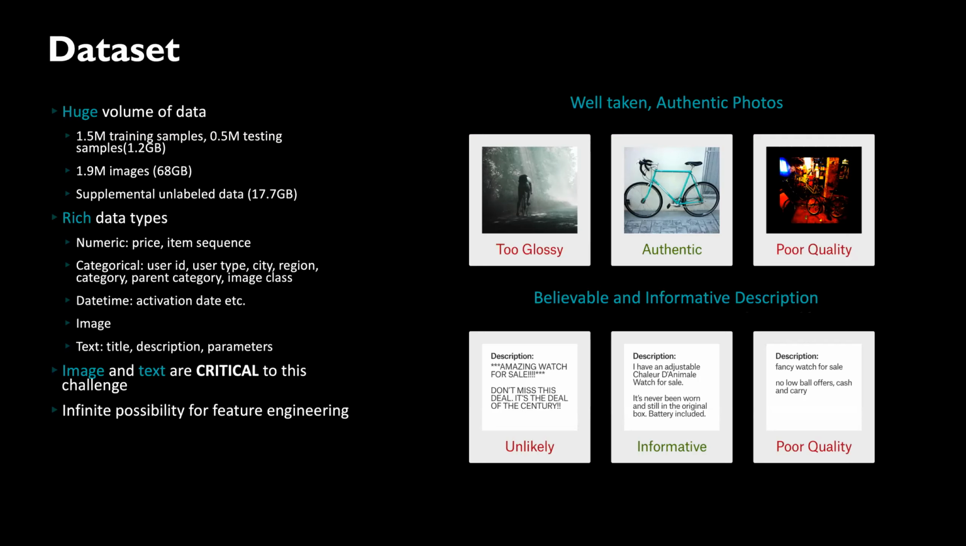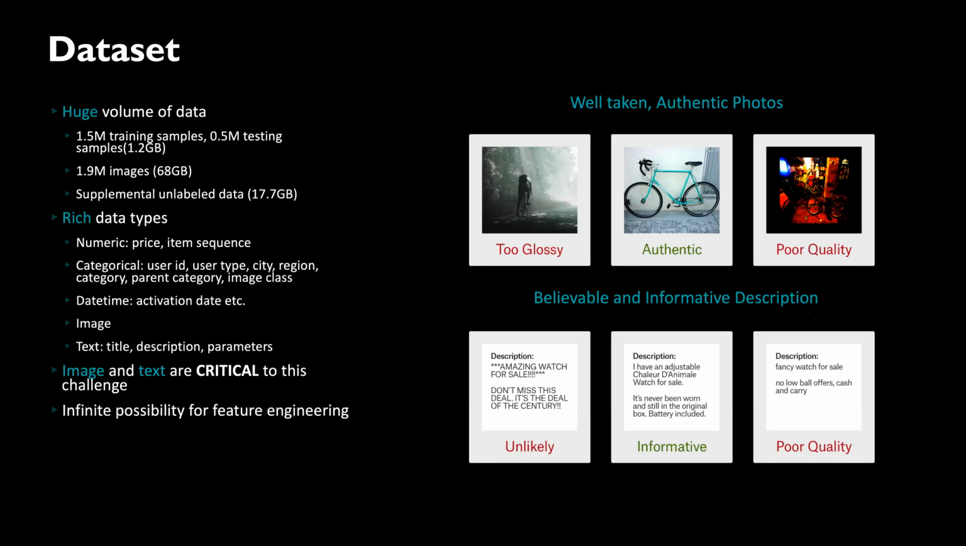So this competition, like the Two Sigma RainHub competition, uses rich data types in its dataset. It comes with numerical data, categorical data, datetime data, image data, and text data. Text is another interesting attribute for this competition. In fact, image and text are critical to this challenge, which is different from the Two Sigma RainHub